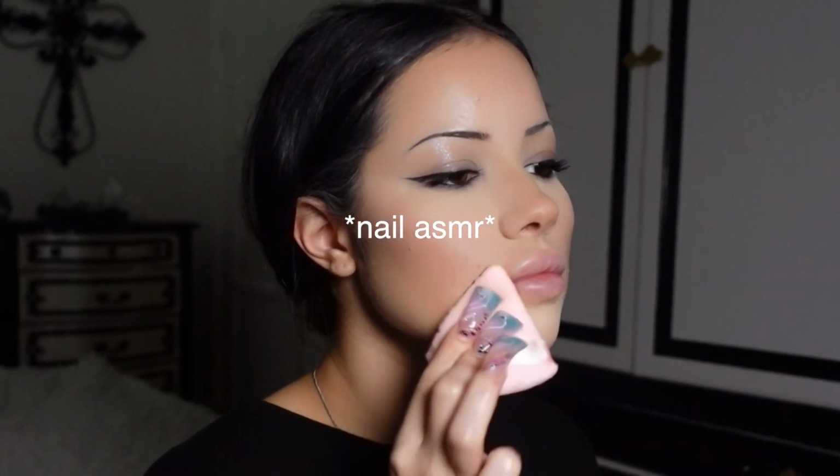I'm gonna just set underneath. Oh, the setting powder is so good. I'm gonna just set the rest of my face, the T-zone area, because I want my skin to look natural still. Then I'm gonna take this Kosas Cloud Set foundation powder and set a little bit of my T-zone with that also, because I feel like it gives just a little bit of extra perfect flawless to your skin,